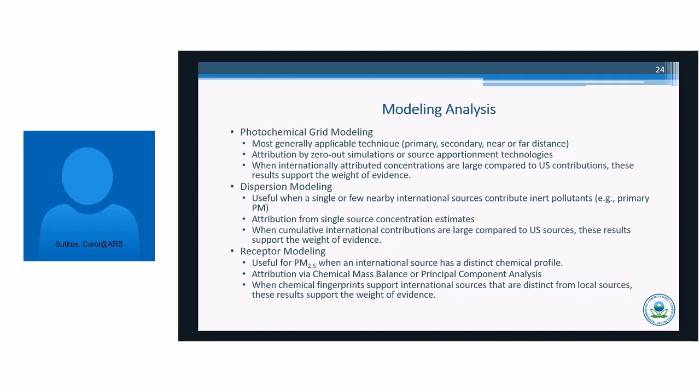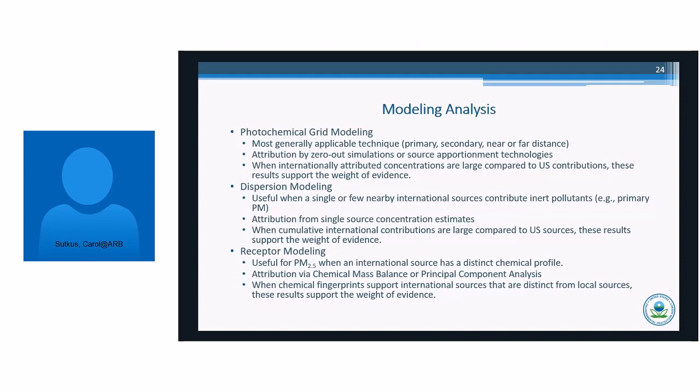Those were the pie charts showing a large impact of refuse burning. These are useful really for PM2.5 or previously potentially for PM10. And they can be used when the international sources have distinct chemical profiles, that is, that the emissions coming out of sources that you're identifying as both international and contributing to your exceedances emit different chemical species than the sources that you have locally.